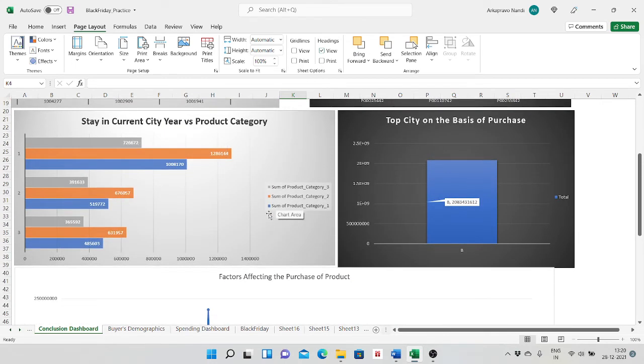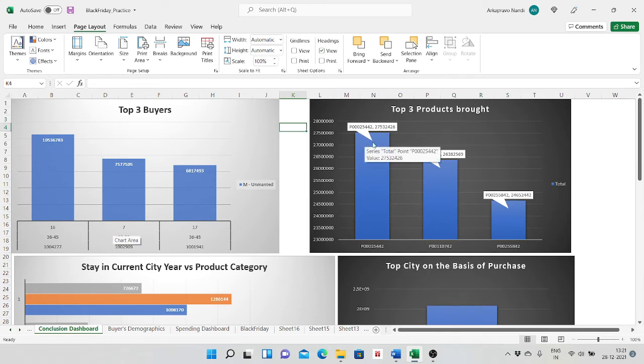And it can be seen that stay in current city years versus product category. There are 3 product categories, and the people who have spent 1 year in the city have spent most of their income on this Black Friday sale, and it is followed by the people who live in the city for 2 and 3 years.